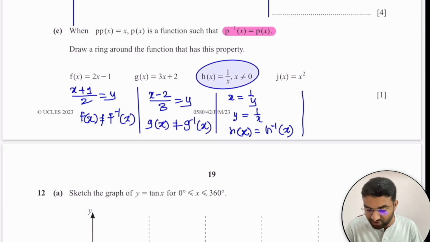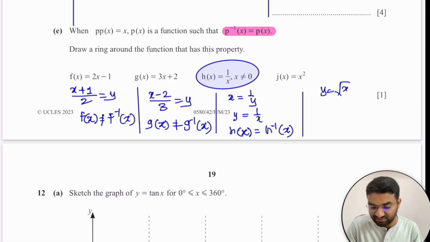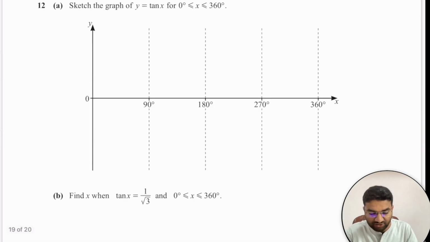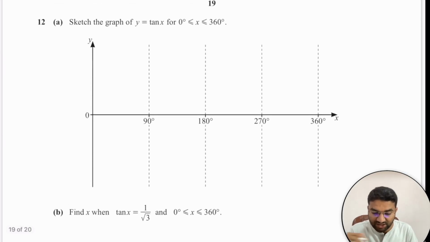Fine. And for j of x you will get y is equal to square root of x. So this is also not equal, j of x not equal to j inverse of x. Fine. So answer is here h of x is equal to 1 upon x. That's the answer. Fine. This is how you have to solve this question. Then moving on to the 12th question, sketch the graph for y is equal to tan of x from 0